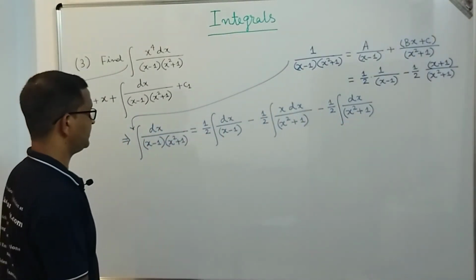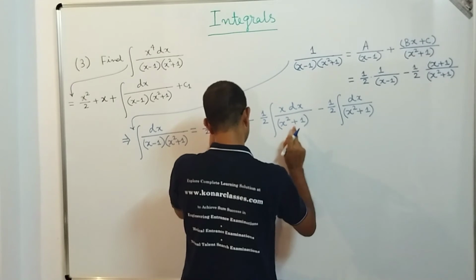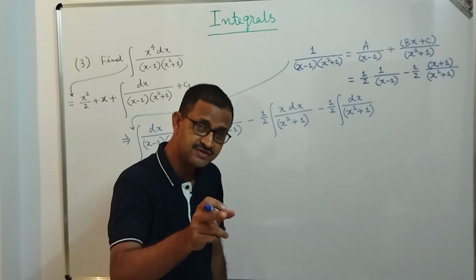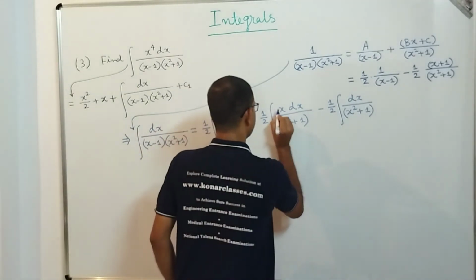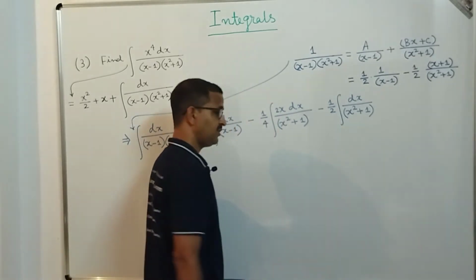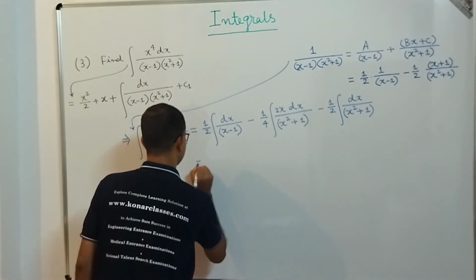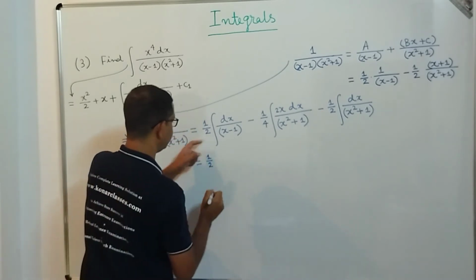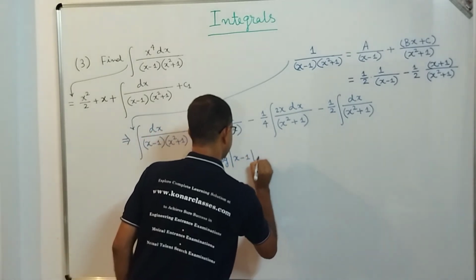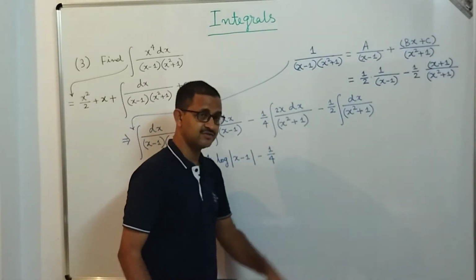Now what you can do is that, we know by this time we are matured. So integration of x dx by x square plus 1, if we take x square plus 1 is equal to t, then 2x dx equal to dt. So we need to bring 2 here. If you need to bring 2 here, then here it has to be 4, correct, then only we can write 2 here. So now what is the integration of dx by x minus 1? That is quite simple. That is equal to 1 by 2 as it is, log of mod x minus 1, correct, minus 1 by 4 integration 2x dx by x square plus 1.